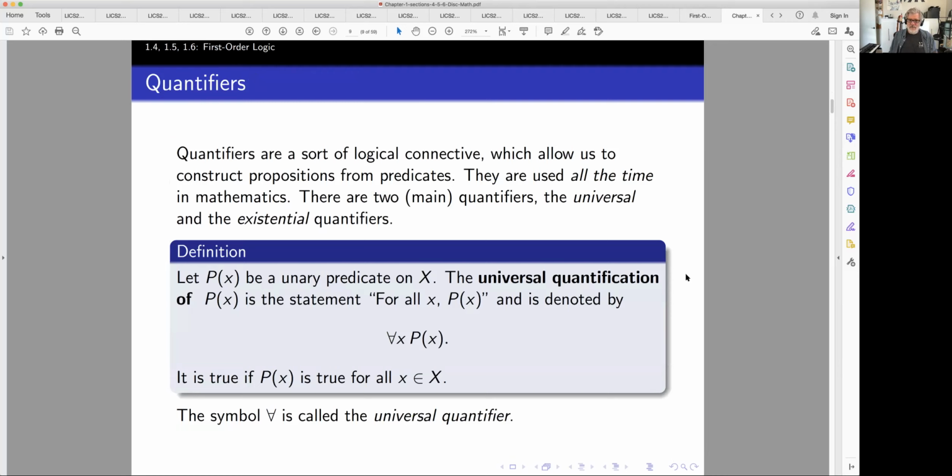Quantifiers are a sort of logical connective, although it doesn't connect two things, but it's a way of constructing new propositions. But rather than starting from propositions, it starts from predicates. Okay. And I say here they are used all the time in mathematics, and I'll talk about this in a few minutes. But I mean,